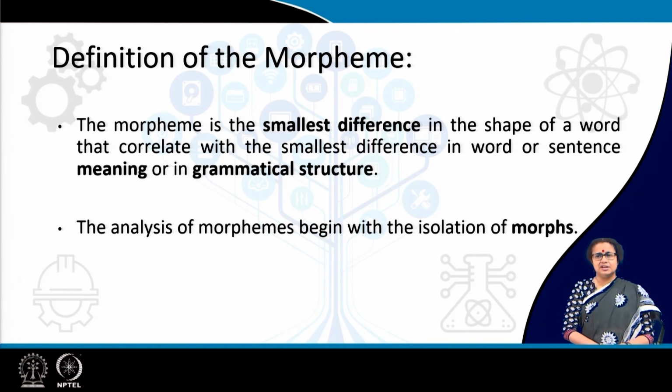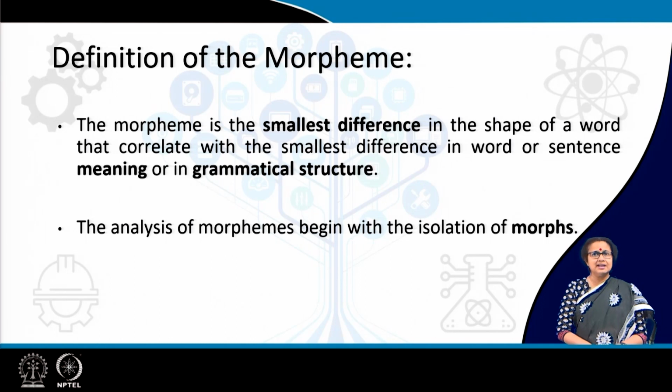We understand that we have to keep certain criteria in mind in order to do morphological analysis. Now, let me introduce you to another term, which is again an important term in morphology, which is morph. So, morpheme is an abstract idea, morph is something which is concrete. You can say that the analysis of morphemes begins with isolation of morphs. So, morphs do exist in languages and you have to isolate them while conducting the morphological analysis, based on certain criteria.